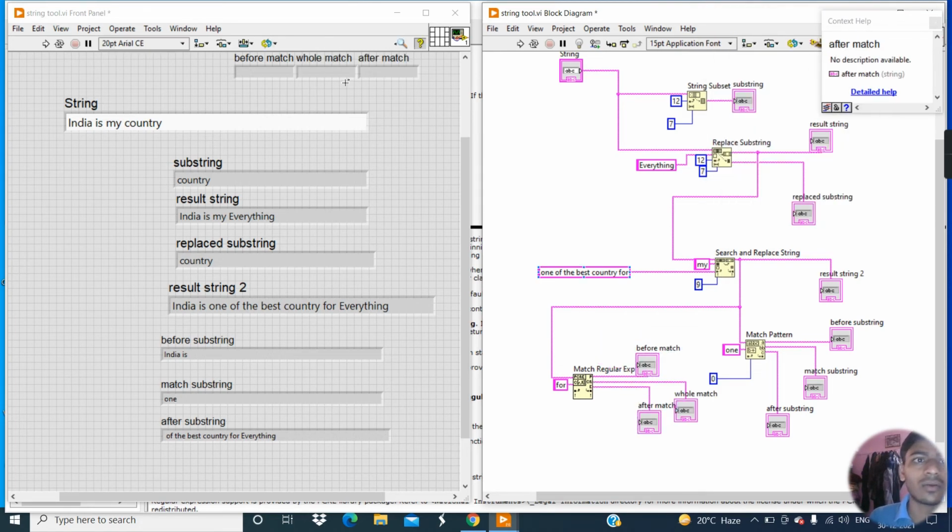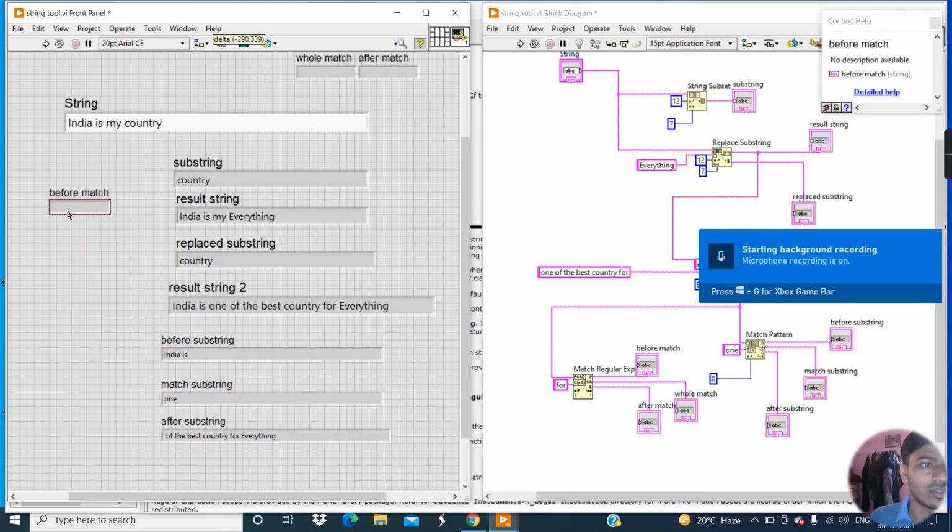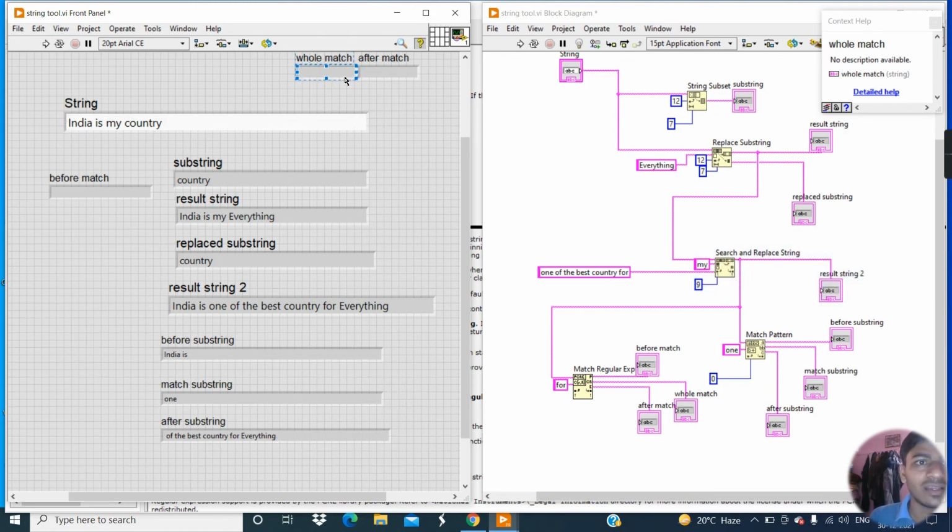Now come to this front panel window, change the position. See, I'm explaining here the functions of some tools, so that's why I'm designing this UI like that. So don't do this. Okay, now click on this run button.